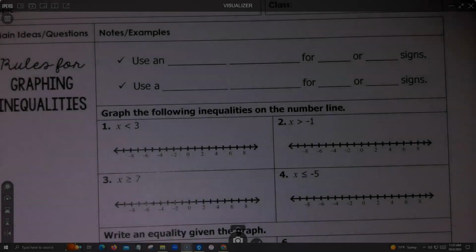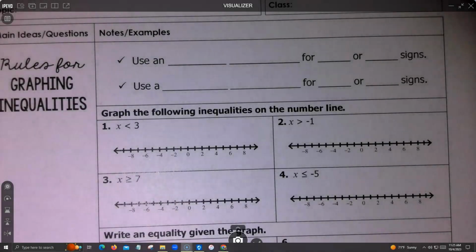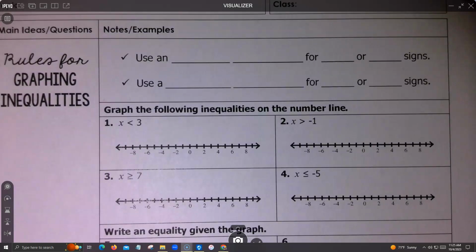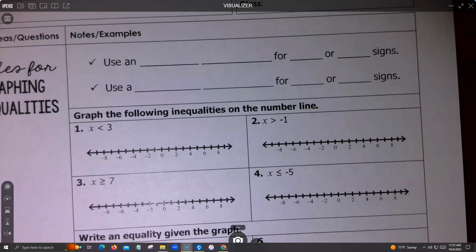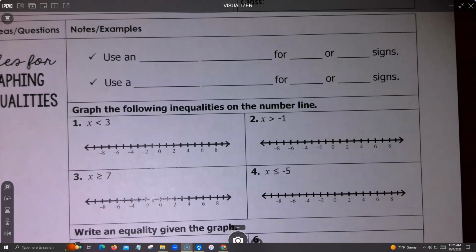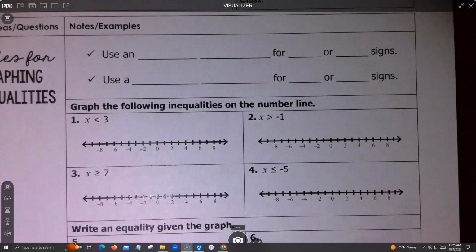Okay, so today we'll be working on how to graph inequalities or how to solve inequalities. So they're very similar to equations. There's slightly some differences in inequalities versus equations, and we'll talk about that as we go. All right, so in order for us to do the graphing of inequalities, we have to understand what inequalities